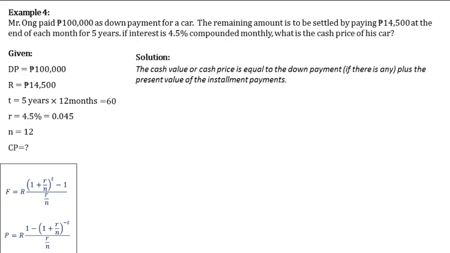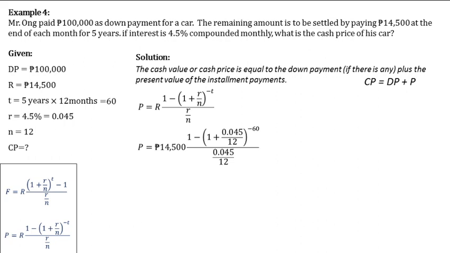So, what is the cash price? The cash value or cash price is equal to the down payment, if there is one, plus the present value of the installment payments. We already have the down payment, but we do not have the present value. Therefore, let us find the present value. To find it, let us use the formula for present value of annuity. Then, we substitute the given values into our formula. So, we have 14,500 multiply to 1 minus 1 plus 0.045 over 12 raised to negative 60